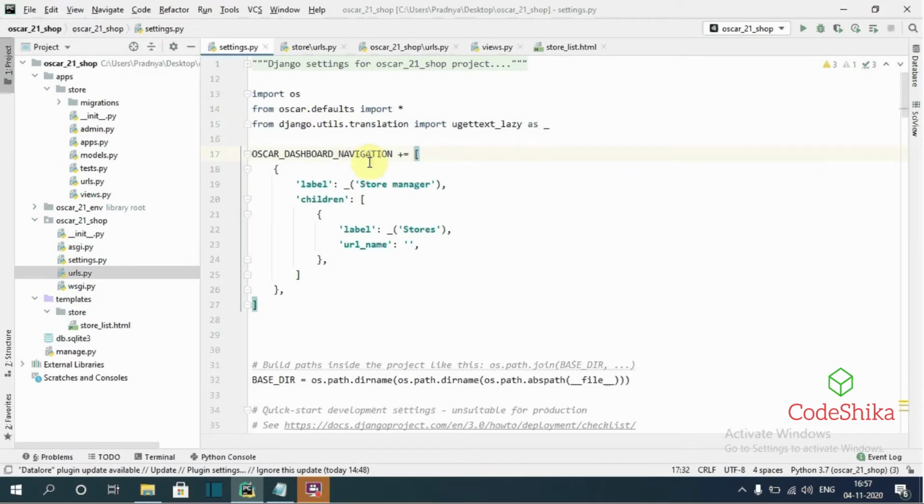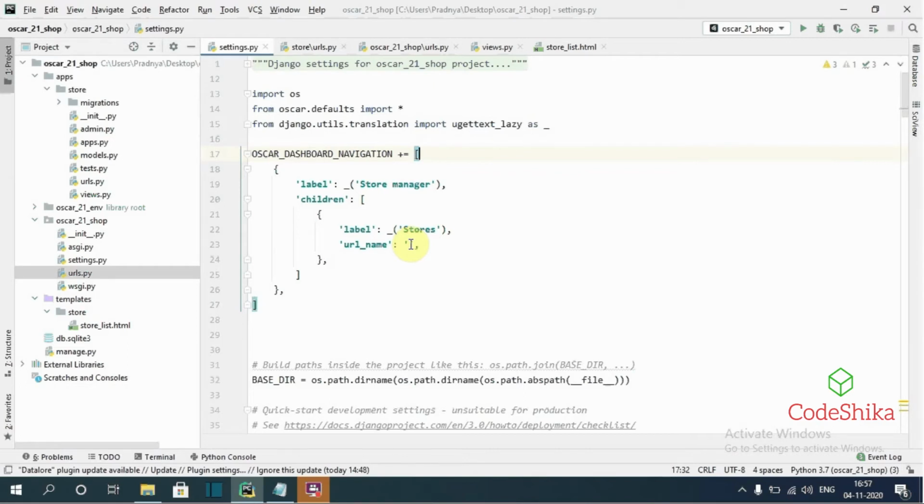So here we are adding a new menu item with the label of store manager to the Oscar dashboard navigation settings, and each menu item we need to add using a dictionary like this. And the menu item stores will be displayed under the store manager menu item, and in the URL name we need to give the name of the URL for the menu view.